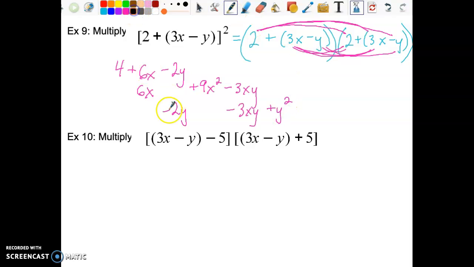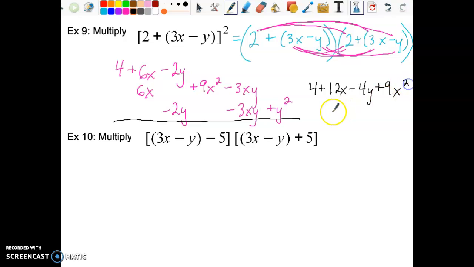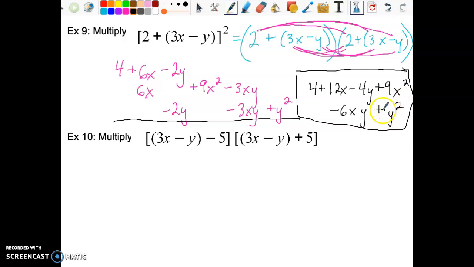And I wish I gave myself just a little bit more room so I can combine like terms and just write it right here, but I have to write off to the side now. So I have 4 plus 12x minus 4y plus 9x squared minus 6xy plus y squared. And yeah, if I gave myself more room, you'd be able to see everything. How about I'll go ahead and do this, because as you notice, if you were to distribute just like I just mentioned,